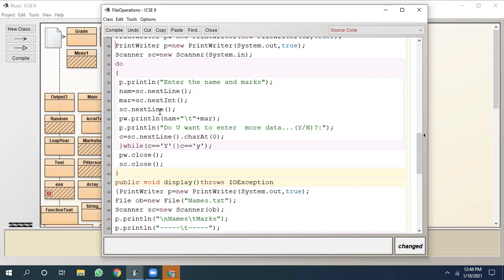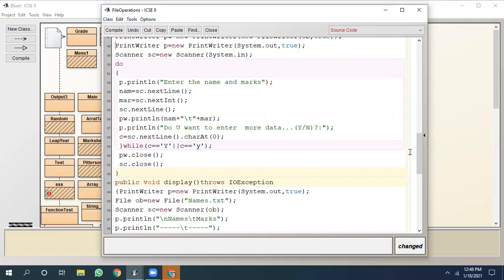If we would have taken input using the BufferedReader class, this problem would not have arisen, but in Scanner these problems arise. We are now printing NAM and MAR, not on the screen, but with PrintWriter.